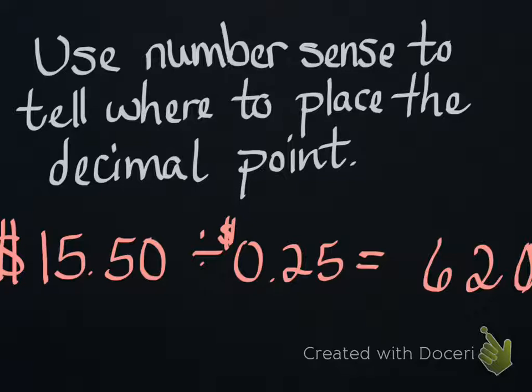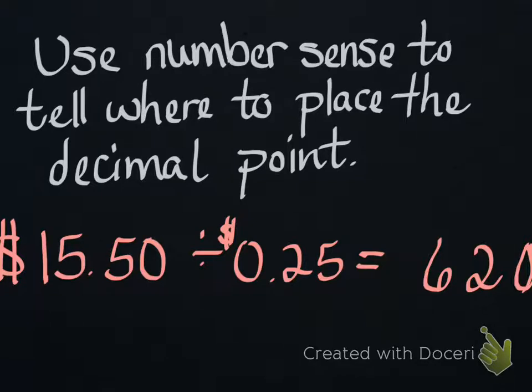We had $15.50. We're going to divide it by 25 cents. And our answer is 620. It's missing a decimal point. Where are you going to put the decimal point? Okay, so you have the answer, you just are missing a decimal point, and you have to put it in